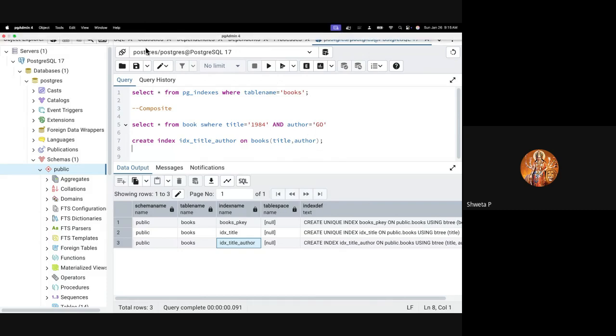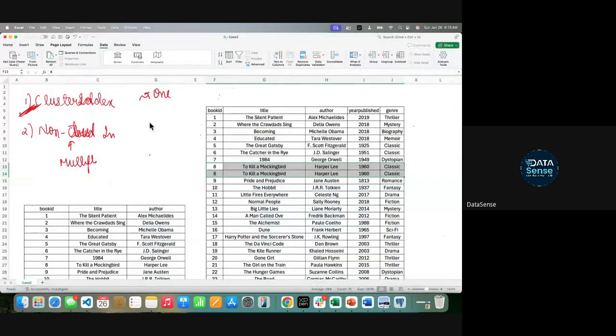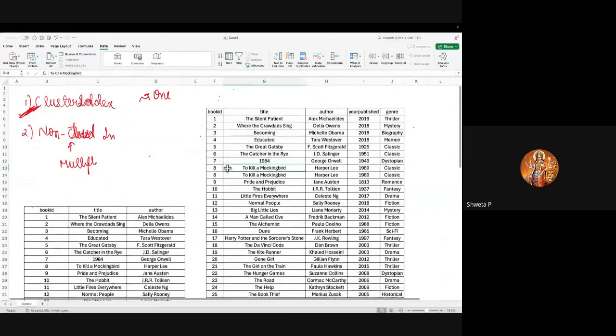So composite index now, here in brackets you have given title comma author. Yes. So it works on these two columns. Yes. Like how, I'm not getting exactly. Well, what will happen, the search is happening, right, for 1984 and something. Means this will be sorted on title and author both columns. Sorting will not happen here. Remember, when you create a composite key, it does not sort the data. I mean, on the original table, it will just simply take that.